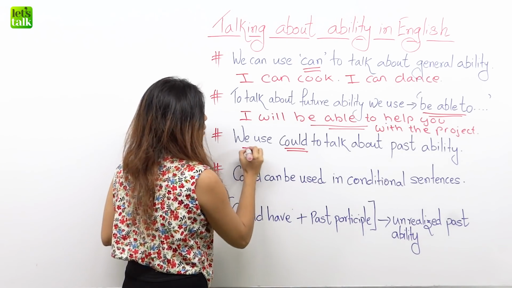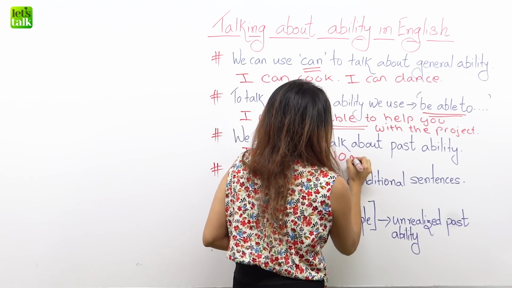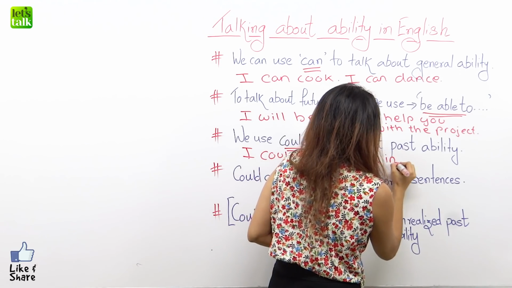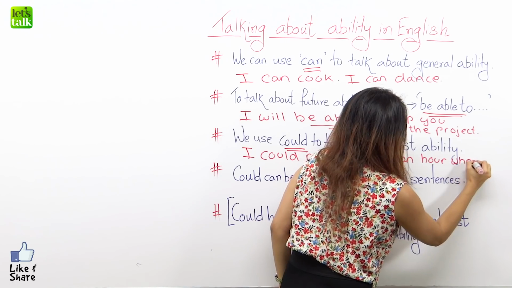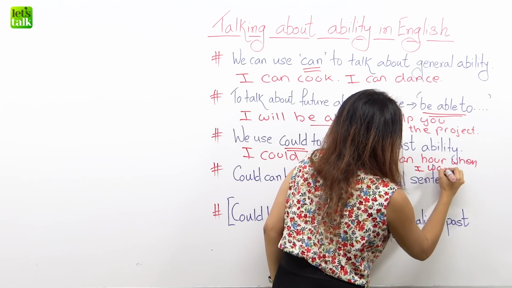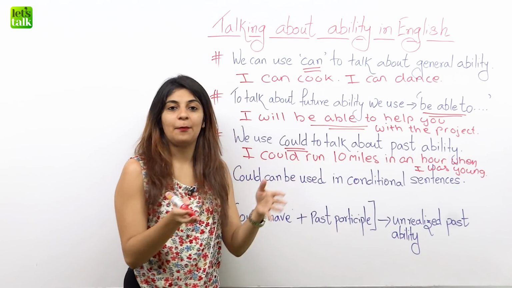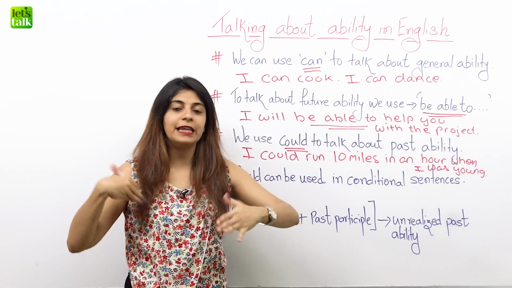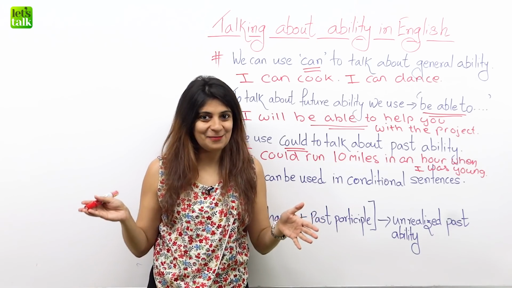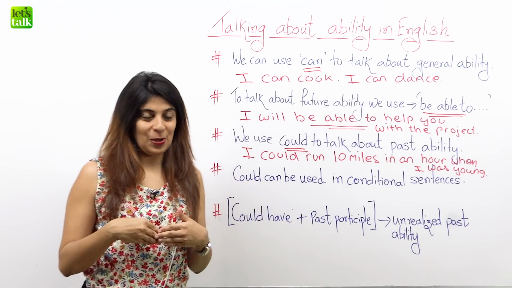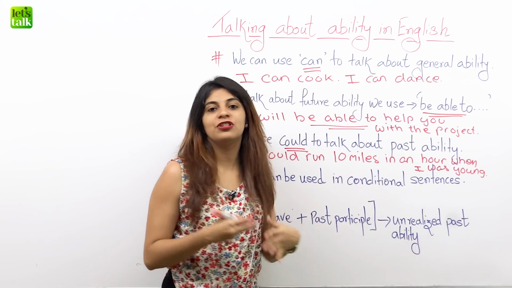Okay, so I could run 10 miles. Okay, so that's an example for you. When you're talking about past ability, make sure that you use the word could, right? That's simple. Moving on to the next one that I have for you,